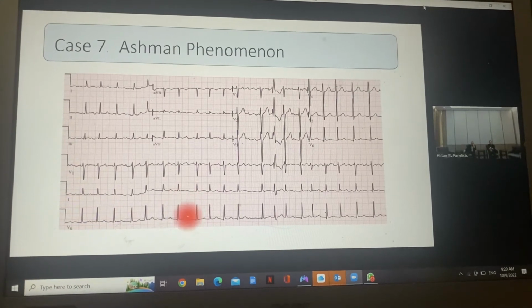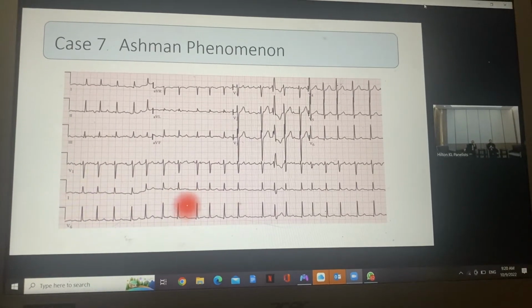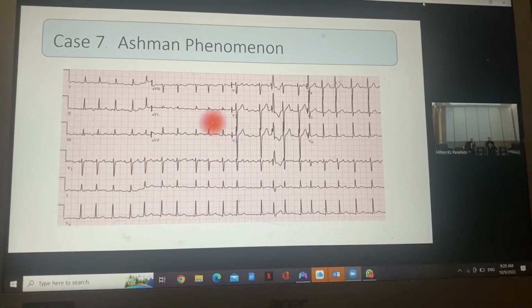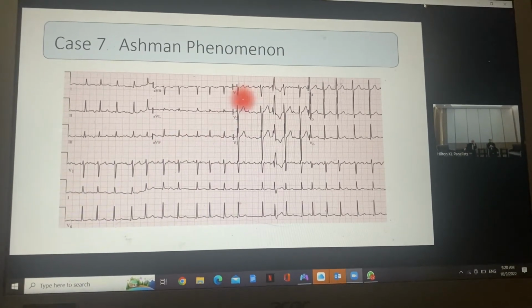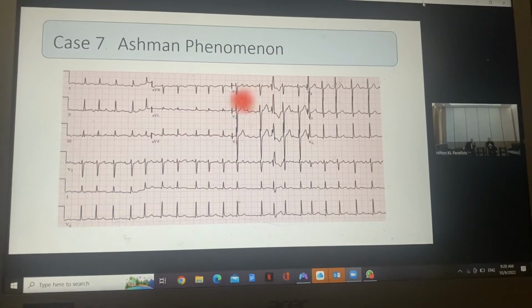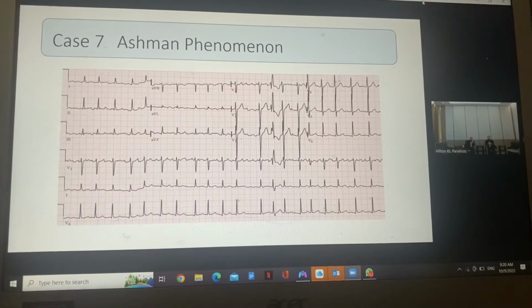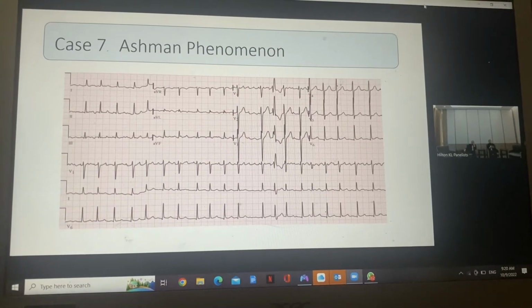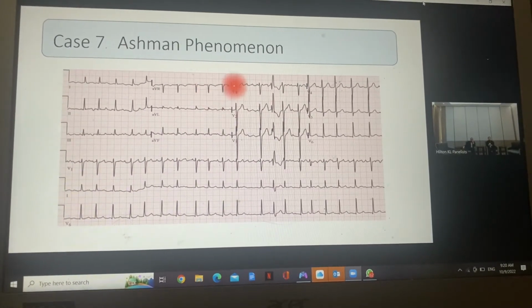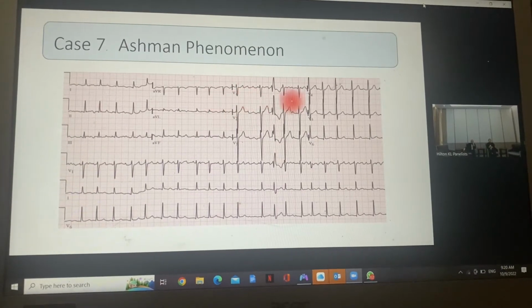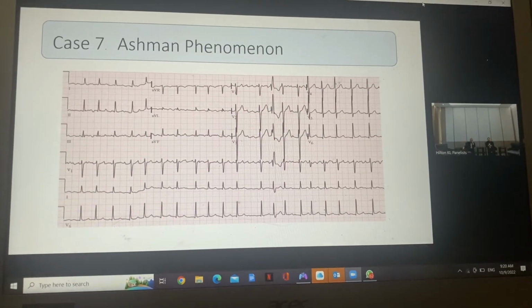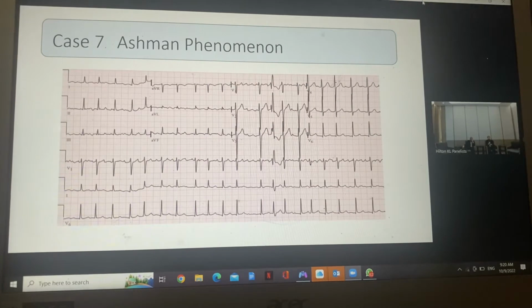But to confirm whether it is AF or not, we look at the P wave, whether there is any P wave or not. In V1 you can see something almost like a P wave, but it's not really a P wave, because a P wave is supposed to have a smooth feature, but this one is sharp, sometimes small, like fibrillating. So this is what we call fibrillating waves. So in Ashman phenomenon,